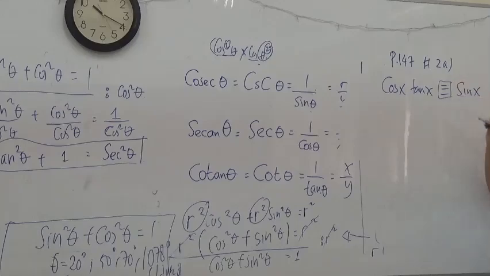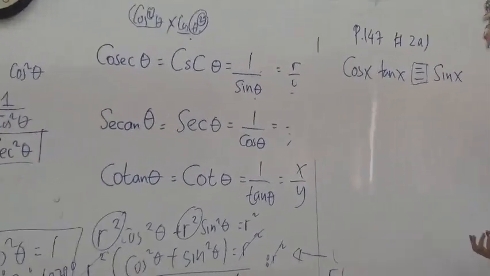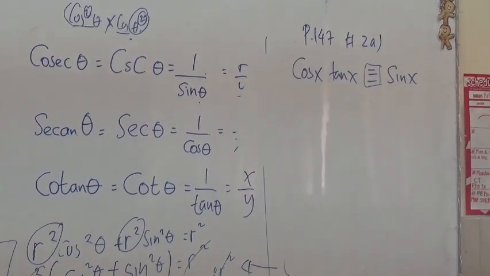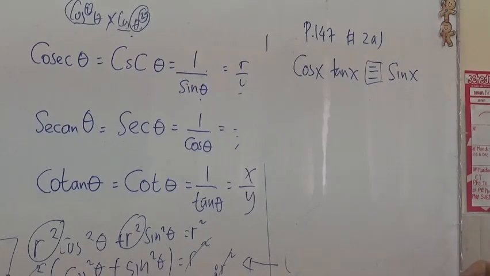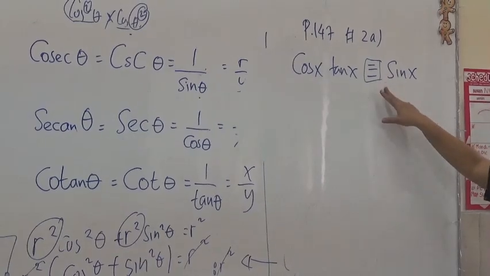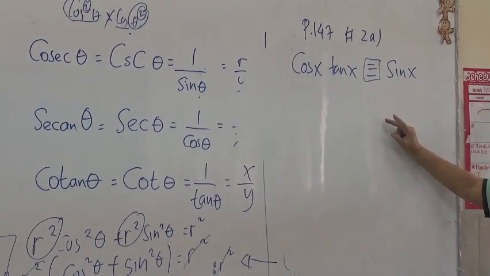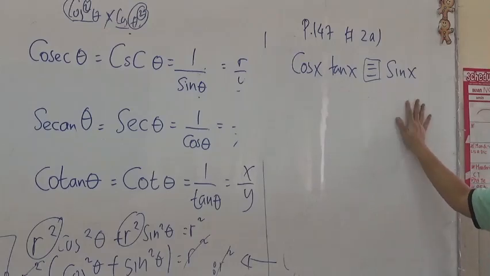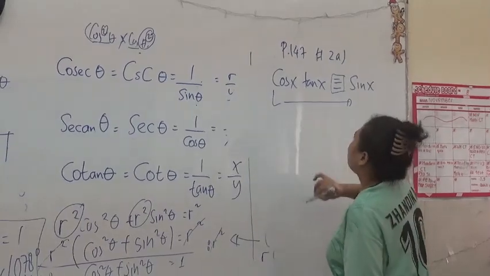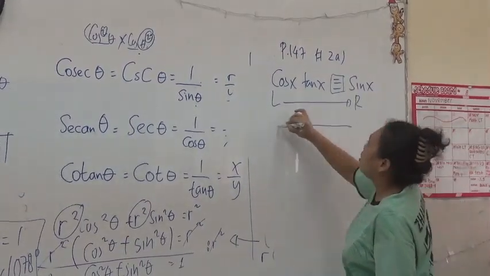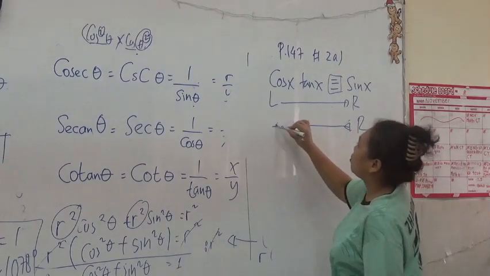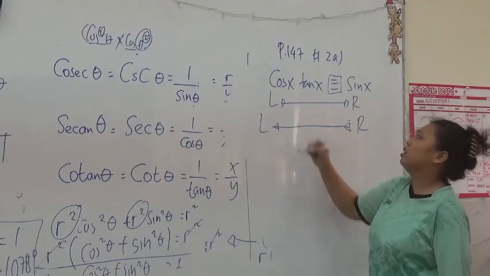So see the equal sign is kind of different. You have a triple line symbol. It means you are proving something, either from the left side to the right side or the right side expression to the left side expression. So once again, this equal sign symbol is just about proving one identity to another identity. You can go from the left side expression to the right side expression, or from the right side expression to the left side expression. Okay, so it's up to you.